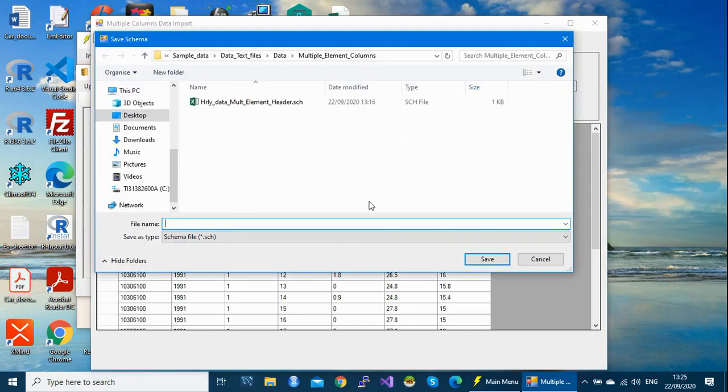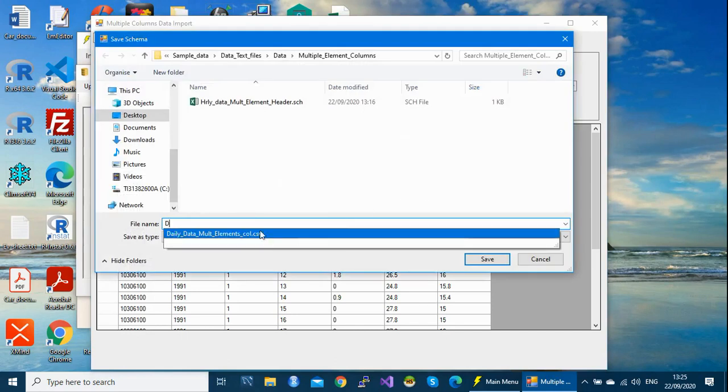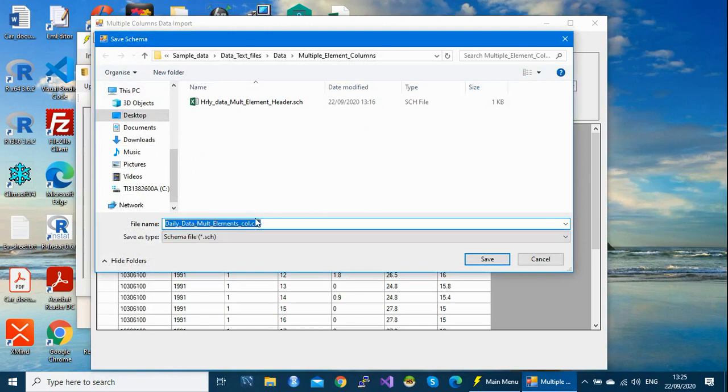Here we say this is daily data, and we give it a name for the header, maybe something like headers, for you to remember. The system will save it with the type SCH, which means a schema file, in the same folder. You save it.